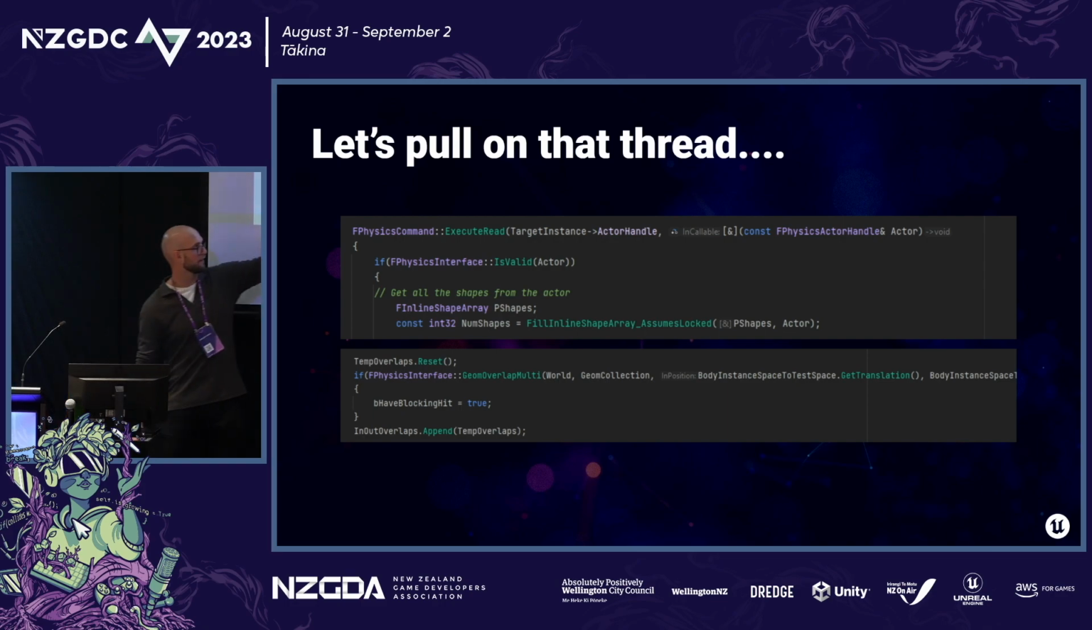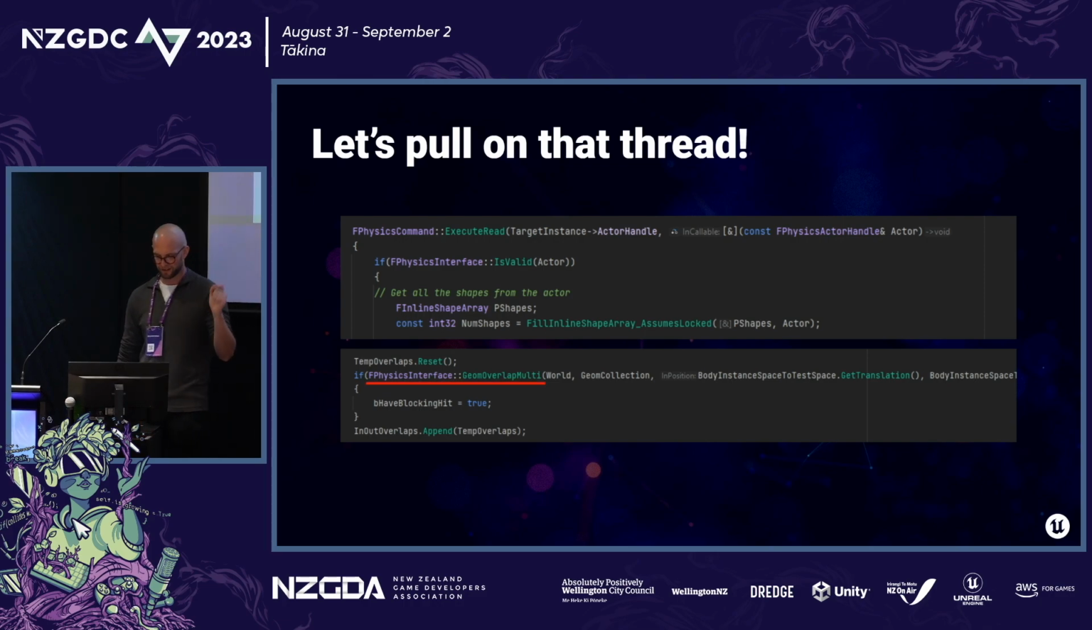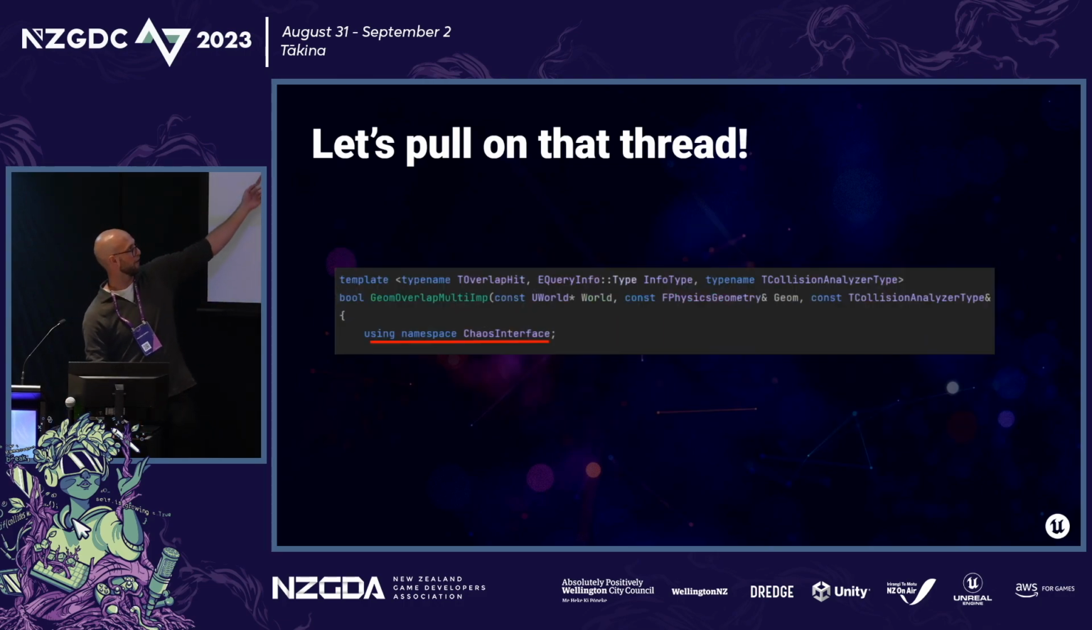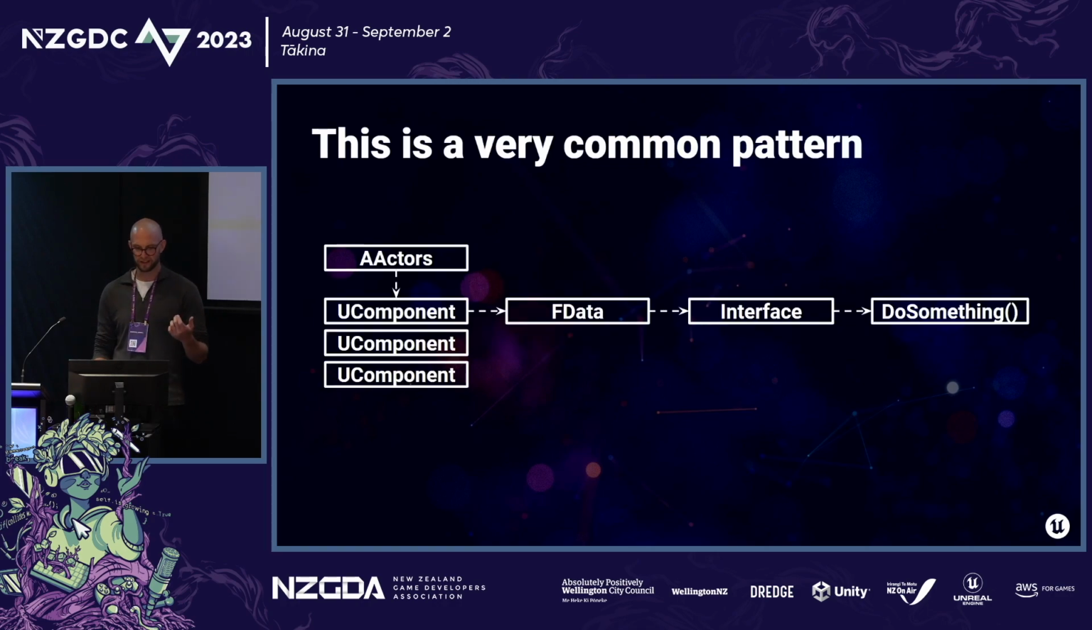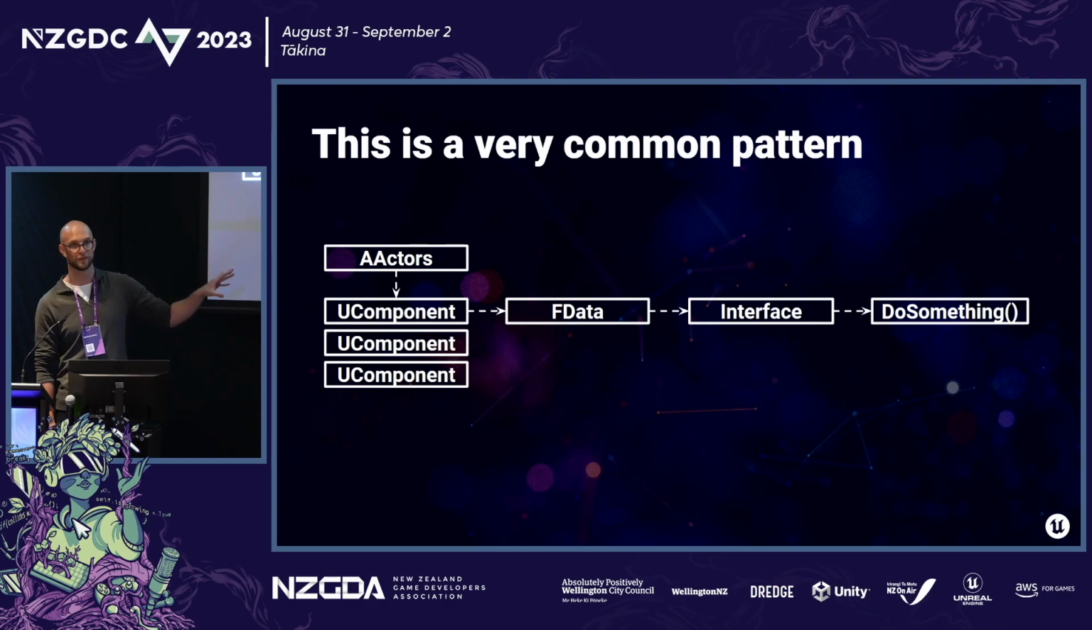thankfully, looking through, you can find another geom overlap multi. So we're going to go into another interface. This one, specifically the physics interface. It's like, sweet. Then we get in there, and now it's using Chaos interface, and this is where the actual collision code was. I had to just go through 6 steps to find that, right? Bit annoying, but ultimately, that led me to understand a pretty key pattern for how Unreal source code is structured